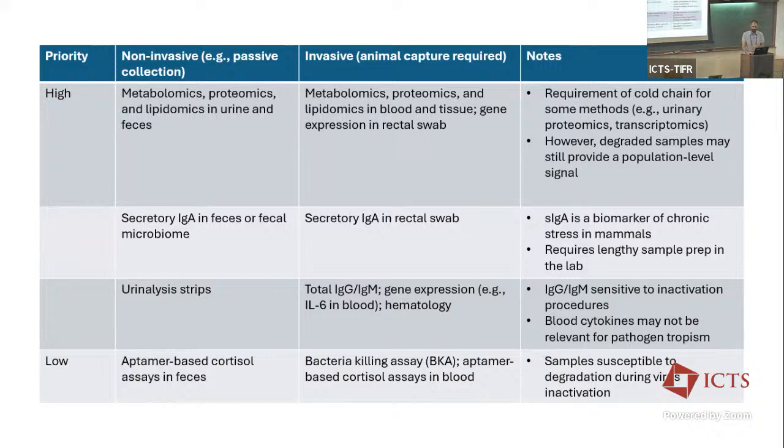You could use this one, but you might also think of using metabolomics, proteomics and lipidomics to try to measure multiple biomarkers of stress in a population. Some other things, total IgG, IgM, and gene expression of interleukins and other things might also tell you something about immune function. So these are worth looking into if this is something that you want to measure. Ideally, you would want to measure stress, like cortisol levels, immune function, and pathogen shedding in the same individuals.